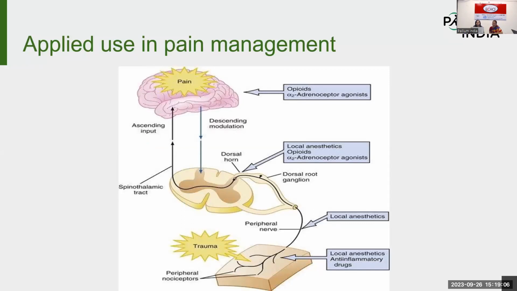You've all had this session yesterday and today. So if someone could tell me the various types of pain you're aware of so far. Pain may be acute, subacute, or chronic, and pain may be nociceptive or neuropathic. And in nociceptive, it is somatic or visceral. Usually. Thank you very much.